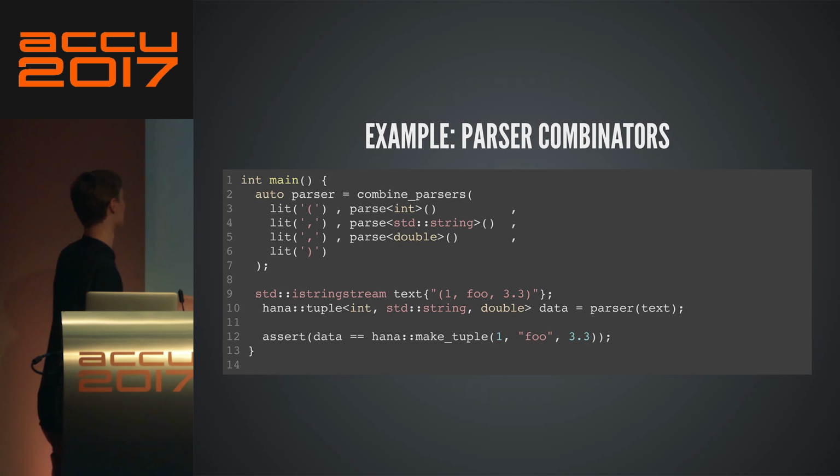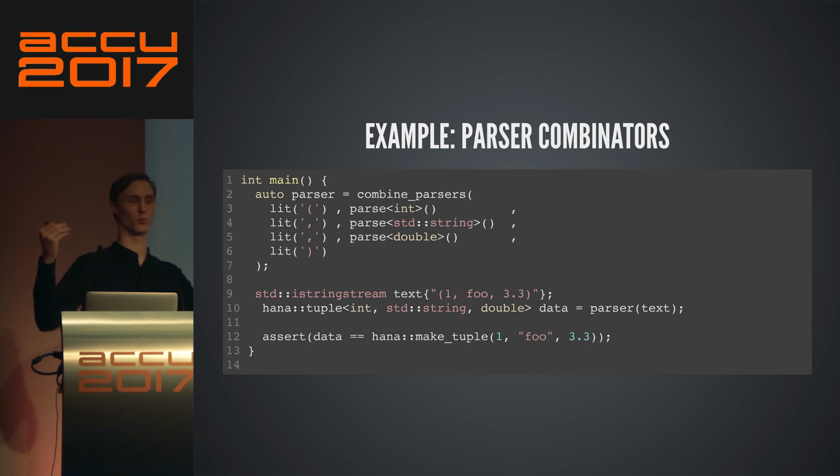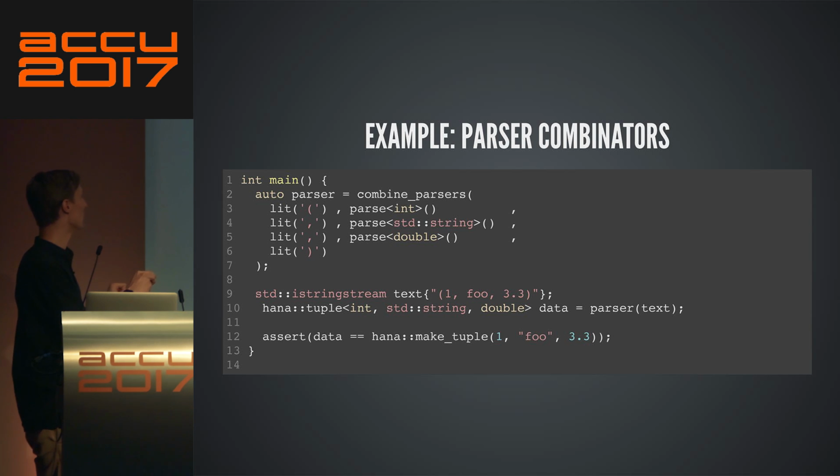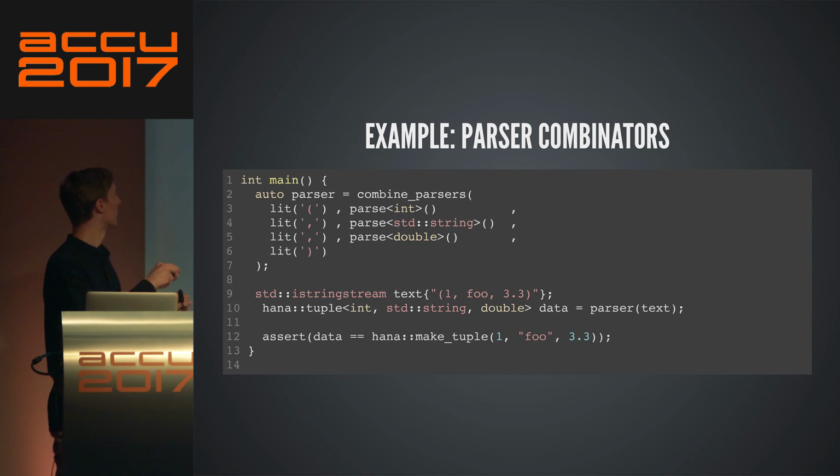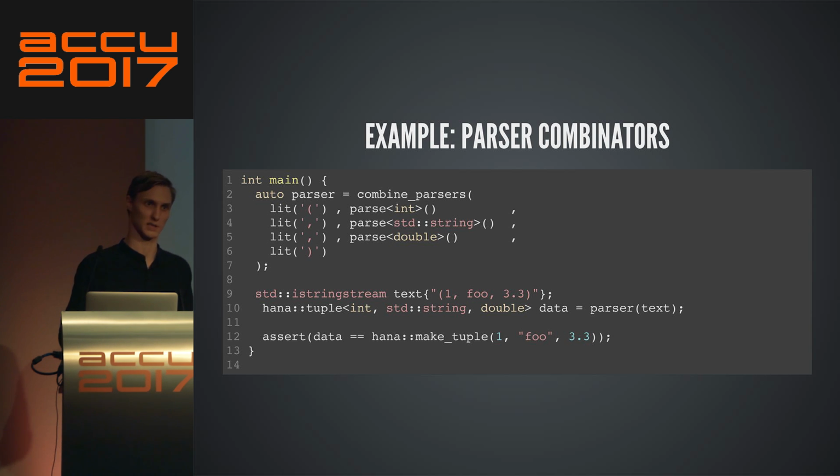That's good. So the idea here is we want to build a parser, OK? And this parser, we want it to parse an open parens, and then an integer, and then a comma, and then a string, and then a comma, and then a double, and then a closing parens. OK, conceptually, that's what we want to have. How are we going to specify that? We'd rather not write just a function that says parse this followed by that, followed by that. If we could have a framework that's a little bit more general, it would be nice.